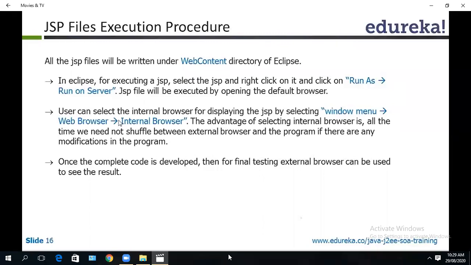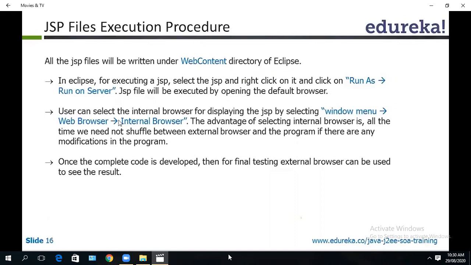If you look at the src, that is the Java file. If you derive a class from HttpServlet, you have doGet, doPost, all those methods, right? So you have to put those Java files in the src directory. Now all the files are combined into one file as a JSP file. The HTML, web.xml, all those things are combined into one file, that is the .jsp file. That JSP file has to be placed under the web content directory.